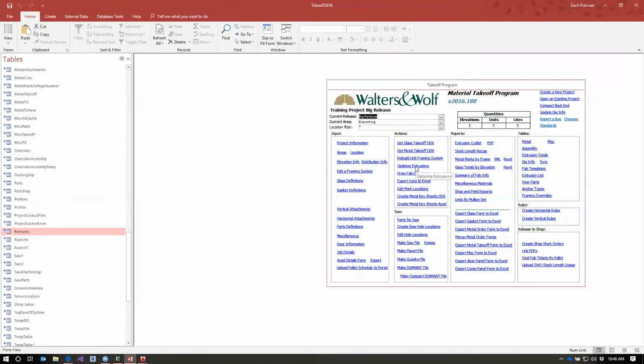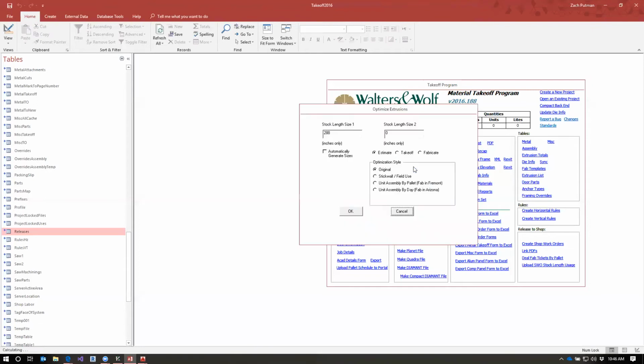You don't want to have different stock length sizes for each release that you're going to end up doing, because that's just not how we order metal. So I'm going to try and figure out how long my stock lengths are for the whole release, and then we'll talk about maybe breaking up the releases into something smaller. So I'm going to hit optimize extrusions,